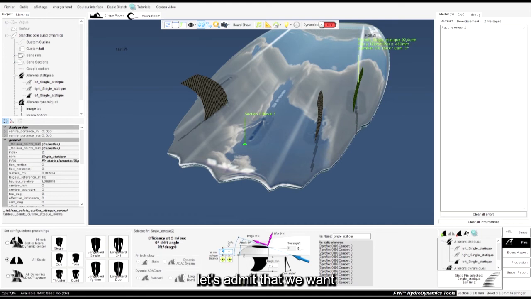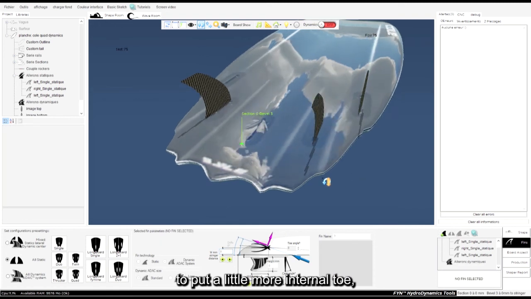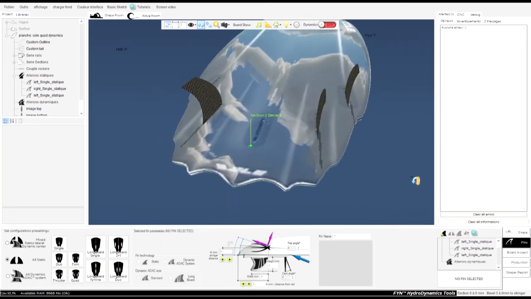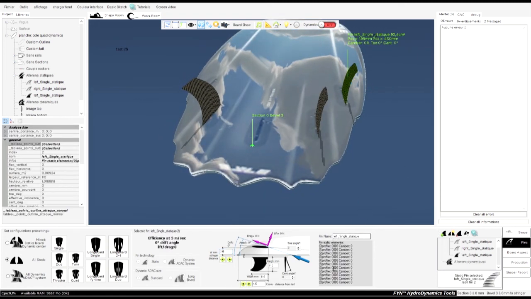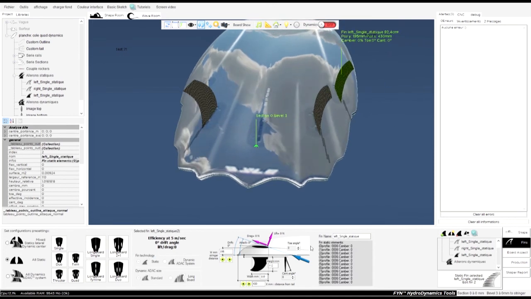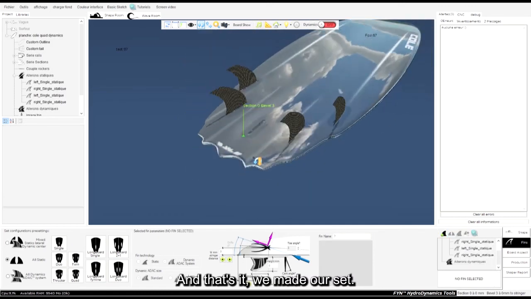Let's admit that we want to put a little more internal toe. Say 3 degrees, and we create its antagonist. And that's it, we made our set.